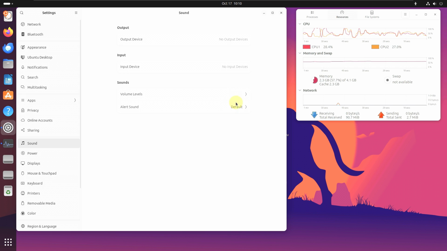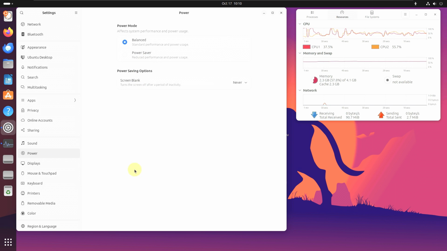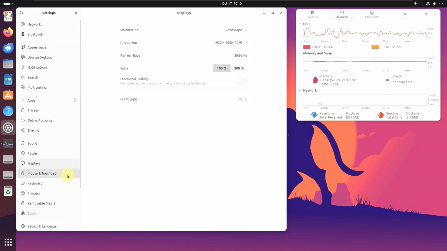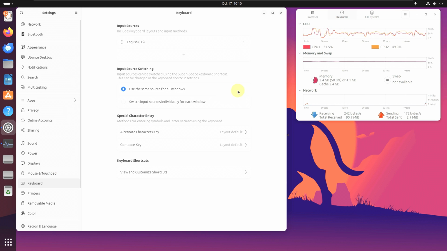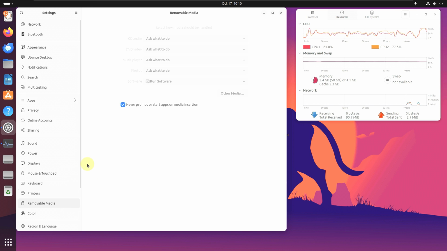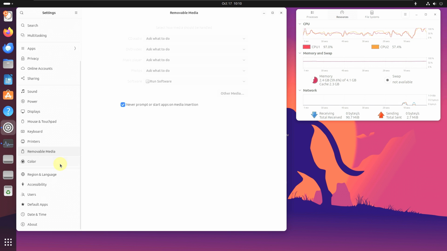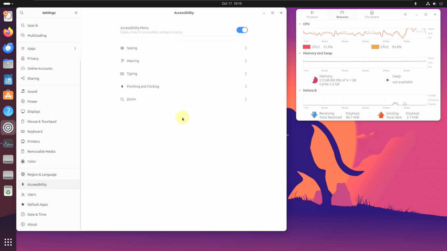Sharing, this is the sound. You can customize all the sound options here. Here is the power option. You can customize this thing also. Display already showed. Mouse and touchpad. You can choose your mouse and touchpad options here. You can change if you want. You can choose the keyboard shortcuts. You can customize all the things about the keyboard. Here are the printers. You can add the printers here. Removable disk, color, region and language, accessibility,